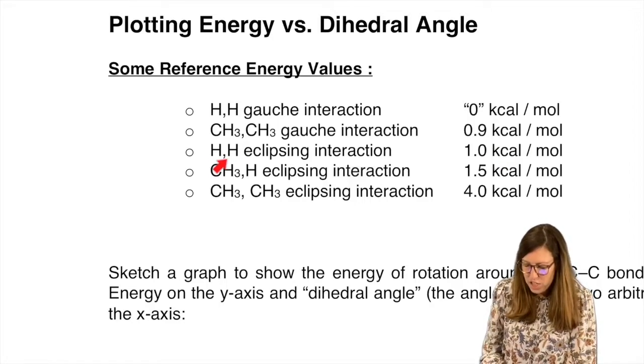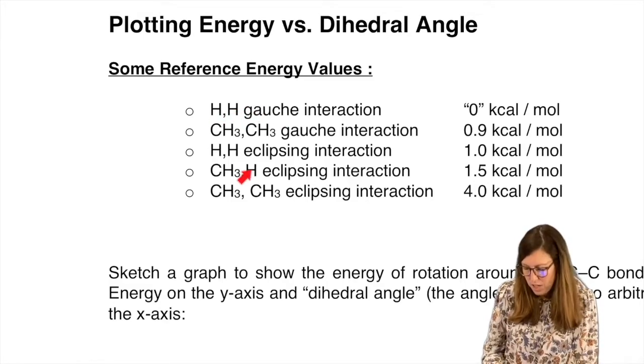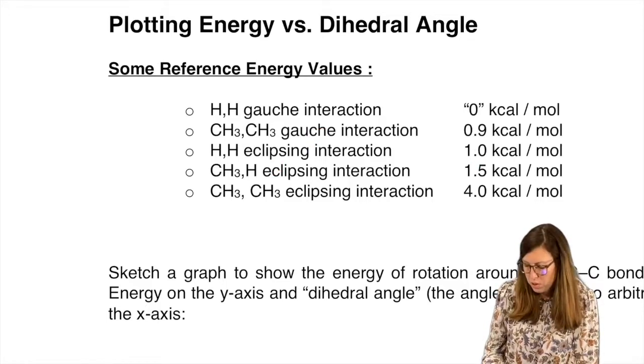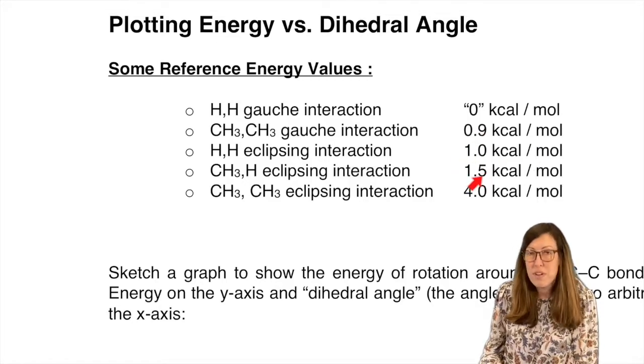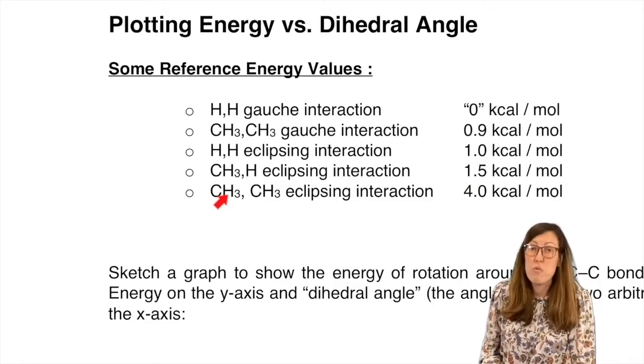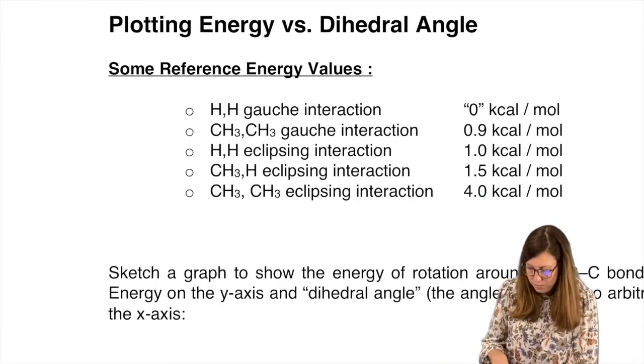All right, so HH, for them to be eclipsed, that's not, so HH is staggered. HH eclipse is worth, like I said, eclipse is a little worse than gauche, even big gauche. But look at this, a small difference, 1.0 kilocalorie per mole, but it jumps up to 1.5 when you have a methyl eclipse with an H instead of an H and H. So as the groups get bigger, the energy value gets bigger. And then we have methyl eclipse that costs the most out of everything possible in ethane. So that's the worst, right?